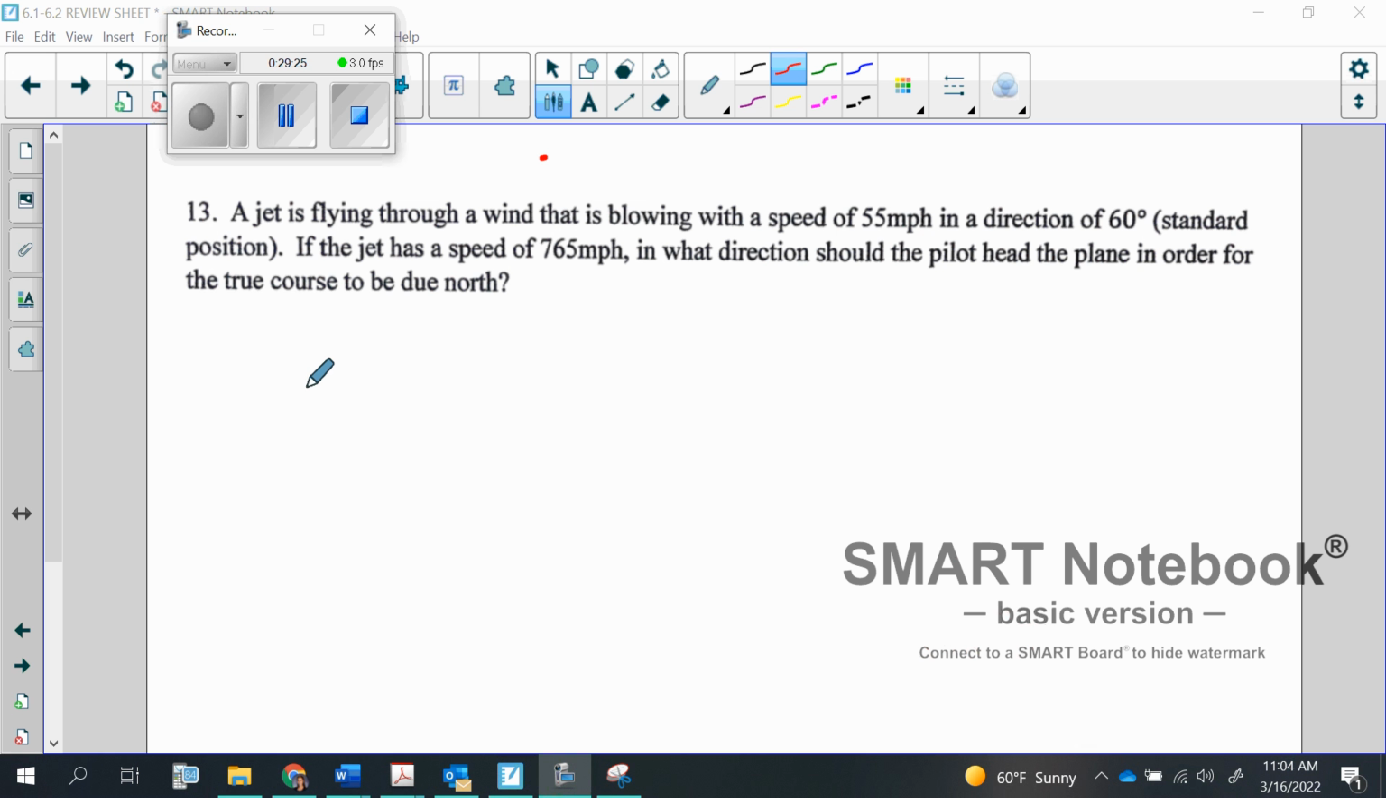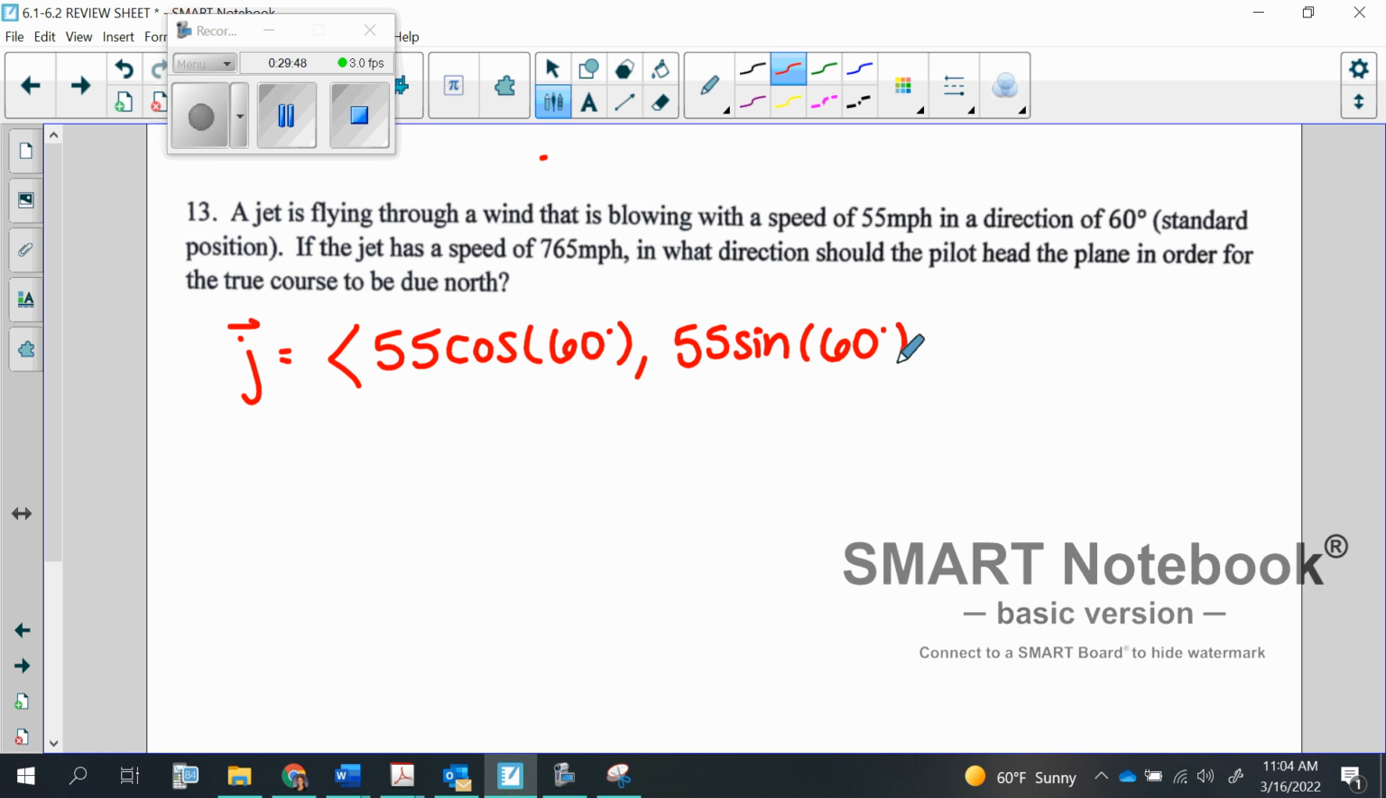Okay, next one. A jet is flying through a wind that is blowing with a speed of 55 miles per hour in a direction 60 degrees standard position. So my wind is going to be, let's see, with speed of 55 miles per hour in a direction 60 degrees. So I'm going to start out writing that one. Cool, so we know all of that information. And then it says that if the jet has a speed of 765 miles per hour, what direction should the pilot head the plane